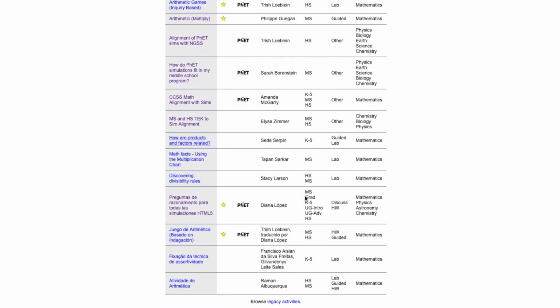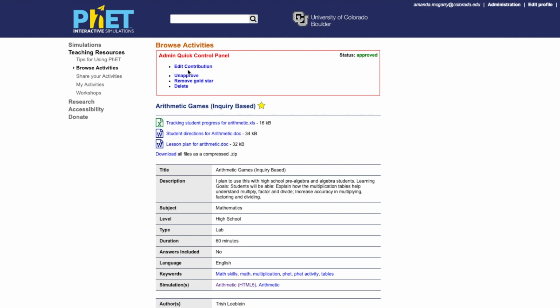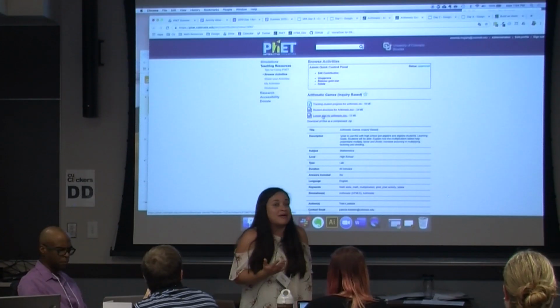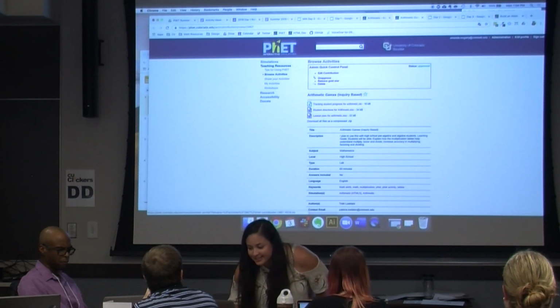And here we have a full table with activities that other teachers already did and are available for you to edit and manipulate. The ones that say FED are because we developed them here, and the ones that have a little star are based on Inquiry activities. They follow a structure very similar to the ones that we showed you in this workshop. As you can see, some of these documents are Word documents that you can download and adapt for your class. Not all the time you have to start from nothing.